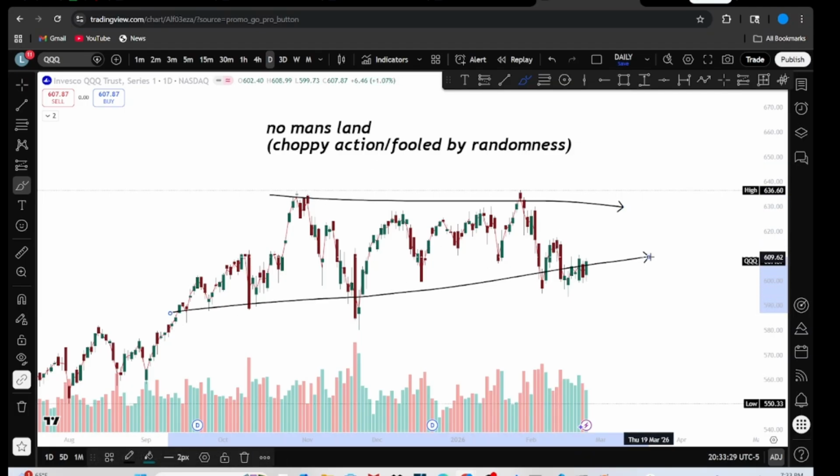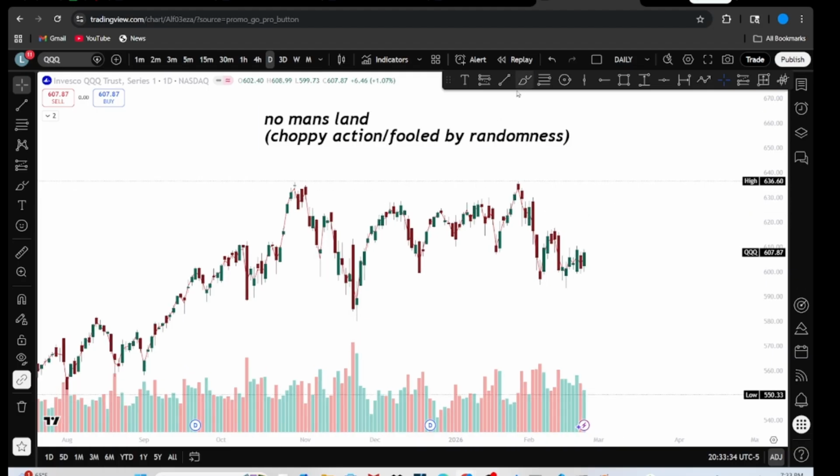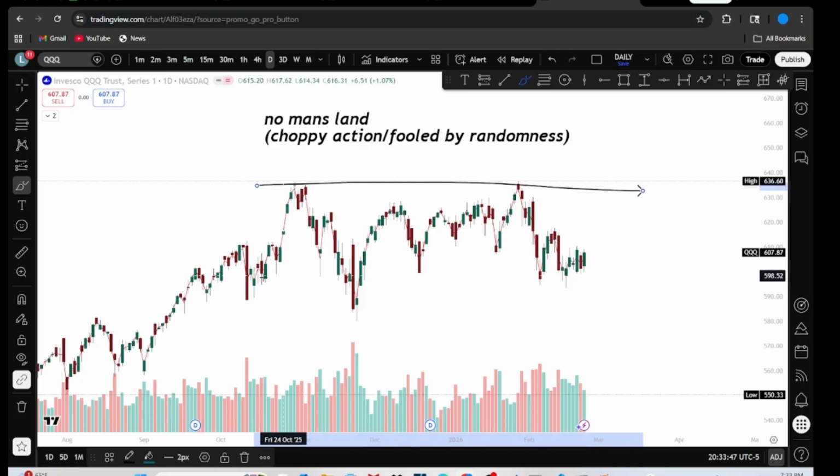And so what I mean by there's a lot of bad information online is that you have people trading NQ, which if you don't know is like the futures contracts for the NASDAQ, and ES, which is for the SPY, I believe. And they're getting fooled by randomness. They are in these ranges each day, simply just, it's a coin flip most days.